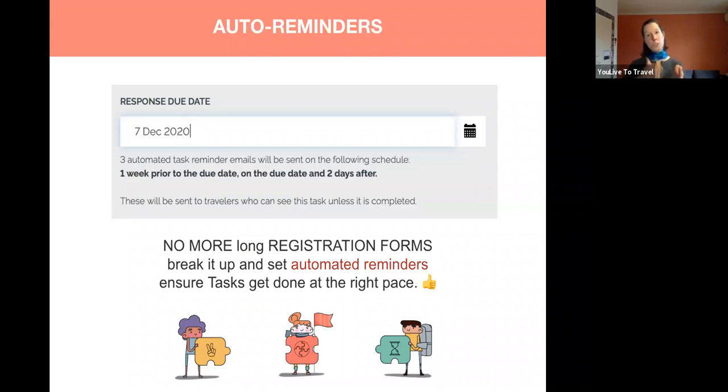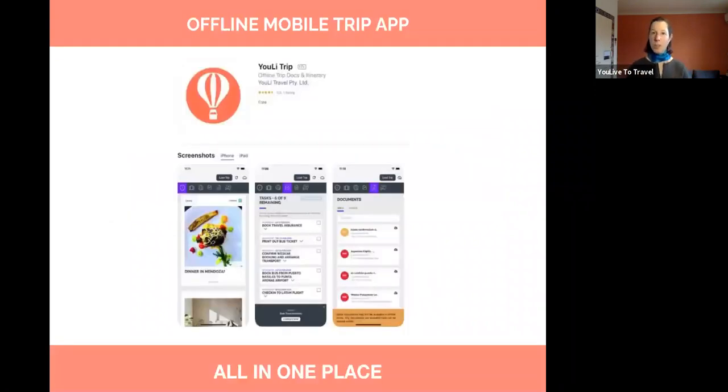If you space these tasks out so they do one task every month in the 6 months leading up to it, then it doesn't become a massive form that no one wants to fill out, and it becomes a really easy experience. You can set due dates, which will do automated reminders, and that also helps people see what's most important, so you put them in that order. And we already talked about the mobile